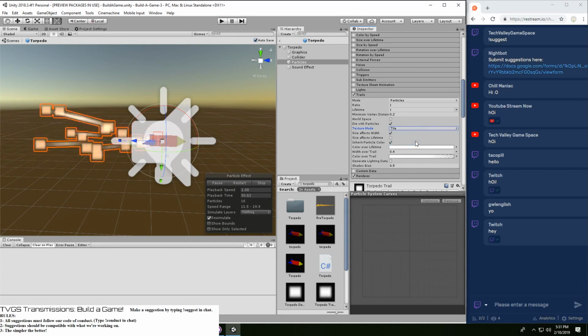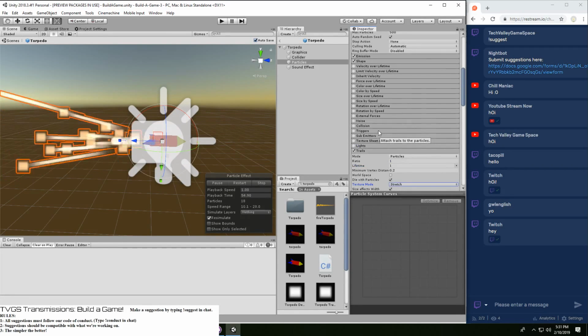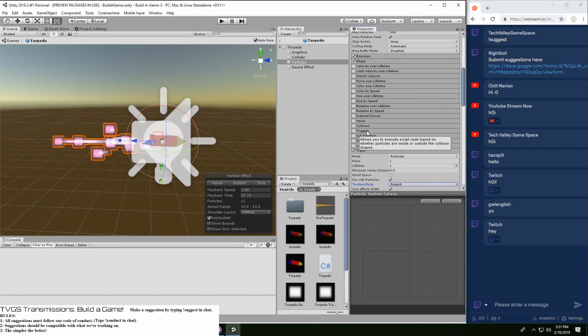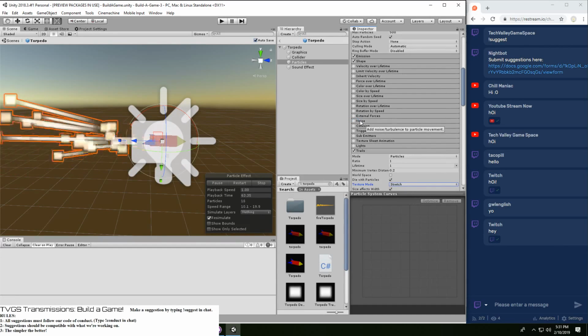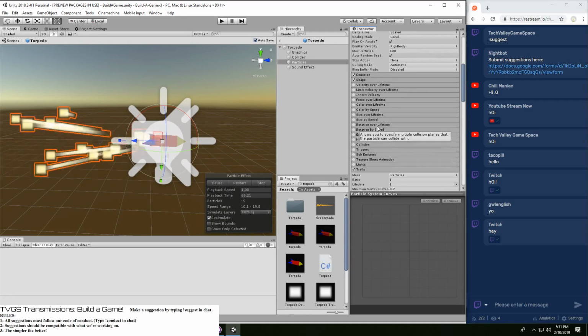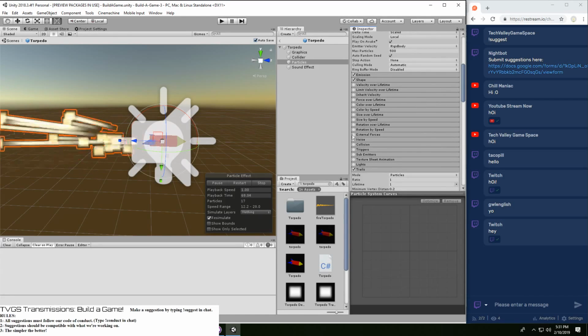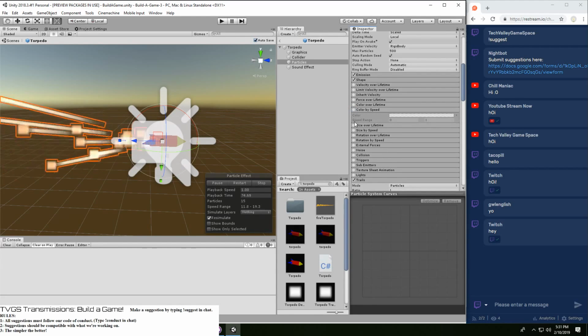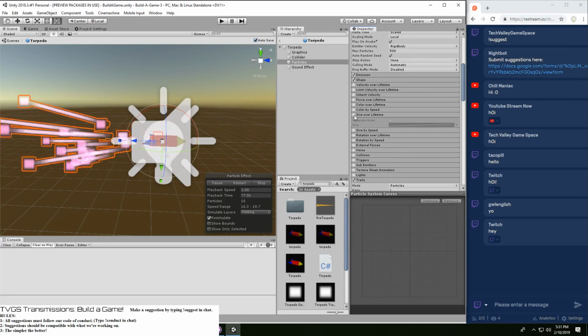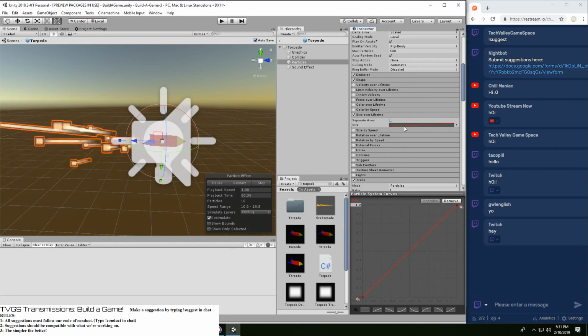What happens if I switch to tile? Not much. Okay. Alright, well. Oh, there's noise you can add in. And then you can even add color by speed, or size over lifetime, which I think should be the other direction actually. Yeah, kind of like that.